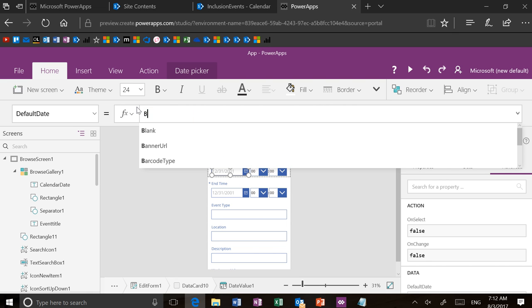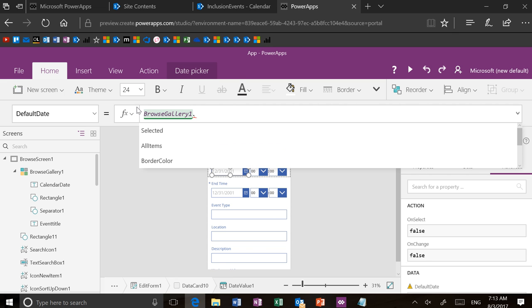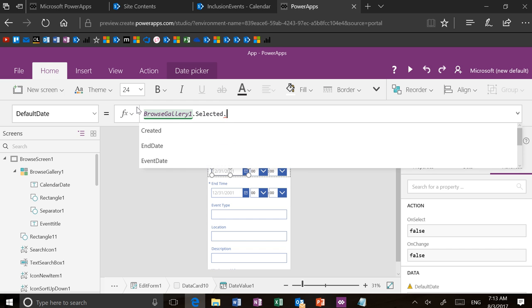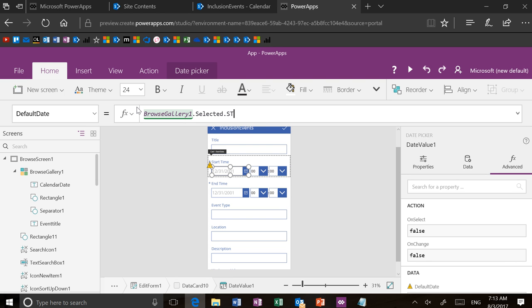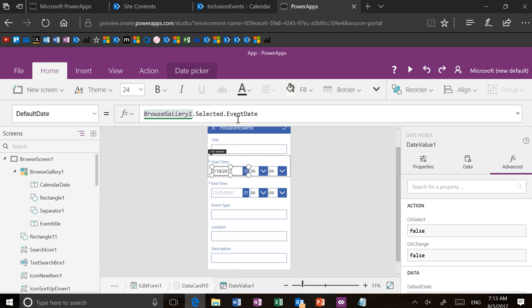I'm going to just use the browse gallery here. Browse gallery 1 dot, you see that it doesn't have... okay, let's do selected and then start. There's no actual start date in the list, even though it says start date below. Well, that's because start date is also event date to SharePoint. And so that caused me a little bit of confusion, but just don't look for start, look for event date,